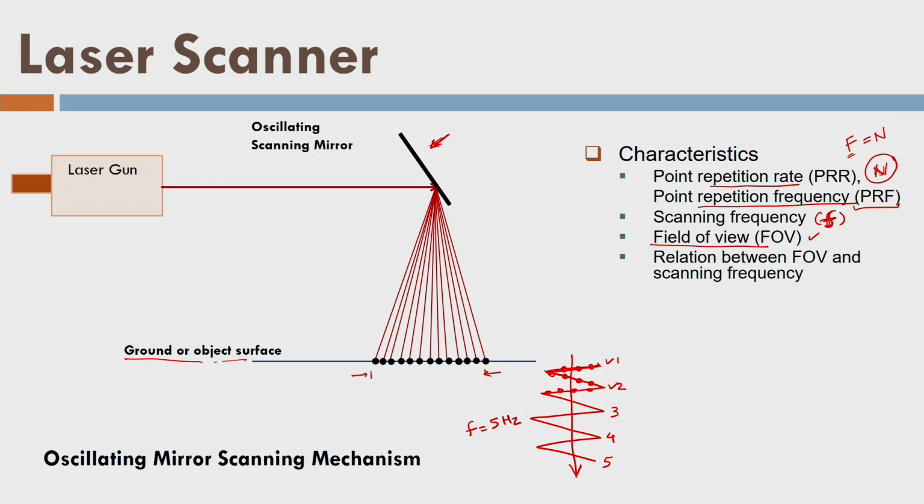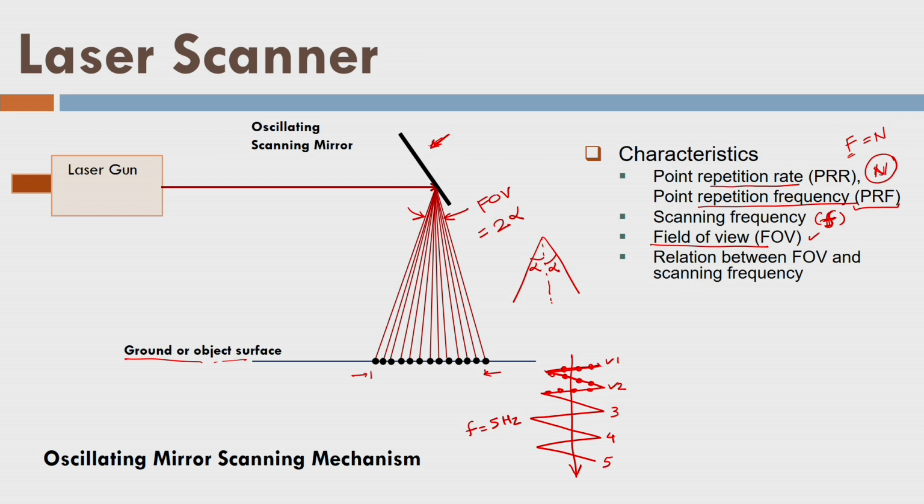These data points are indicating the topographic information, right? Okay, what is the field of view? It is the maximum angle across which all laser pulses are fired, and that is what we call FOV, and we indicate it by, let's say, 2 alpha. With respect to the vertical line, this is 1 alpha and this is another alpha. So 2 alpha is called the FOV of the scanner.